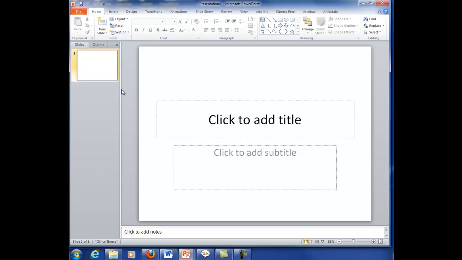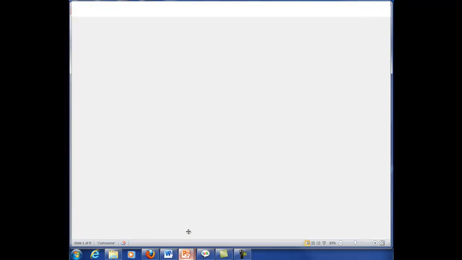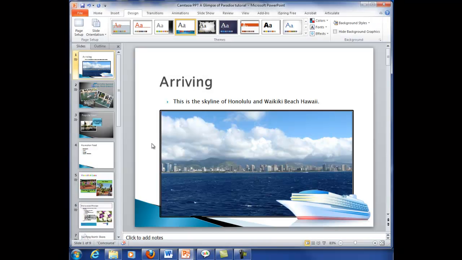Now let me introduce you to the ribbon menu, which is across the top of the page here. All of the different design options that PowerPoint provides you with are broken down into these different tabs running across the ribbon at the top of the page. I'm going to bring up a PowerPoint presentation so that I can show you how different items in the ribbon